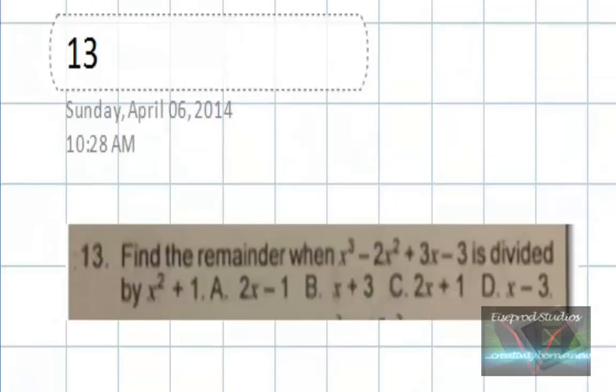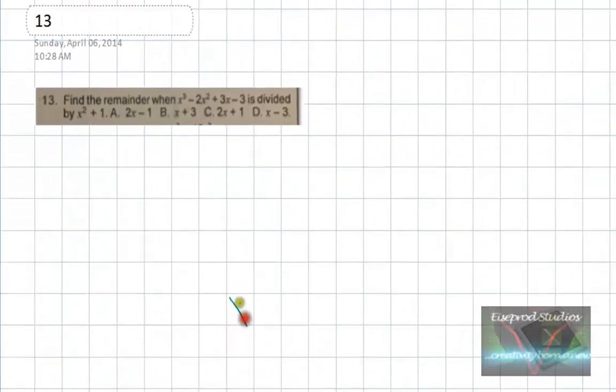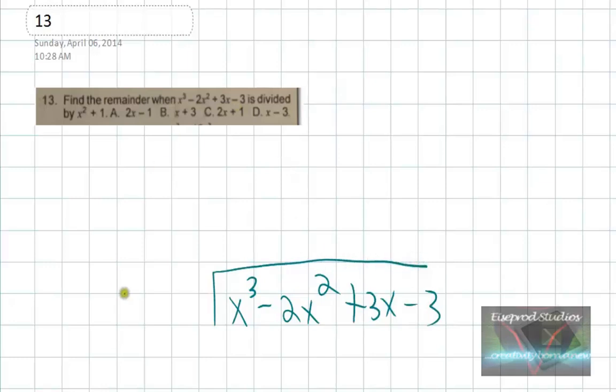Okay, so here we have question 13, and it says find the remainder when x cubed minus 2x squared plus 3x minus 3, so I'll write that out, x cubed minus 2x squared plus 3x minus 3 is divided by x squared plus 1. And so they're asking for the remainder, so just keep in mind that the remainder would be,